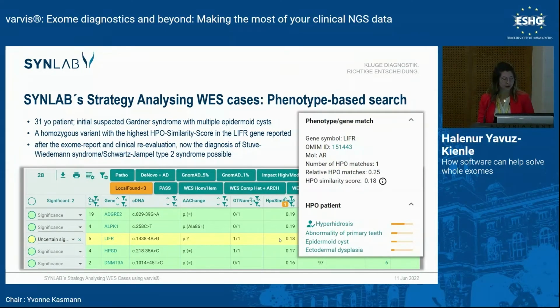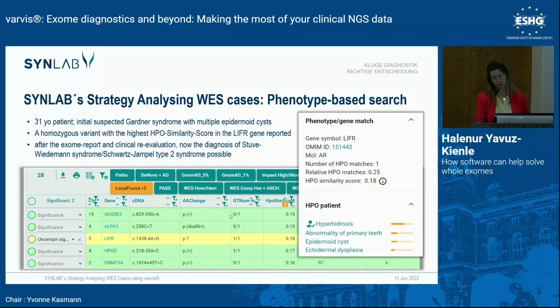And once we did our HPO similarity score match, that's basically what we are doing with the phenotype-based search. So we are looking at the HPO of the patient and then HPO related with the LEFR associated syndrome. Once Varvis does it for you, it compares these two in a matrix, and then the result is this HPO similarity score. Once we look at the rare variants in this patient that had the top HPO similarity score,